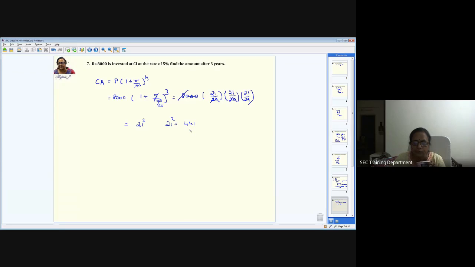So 441 into 21 when you do it, I'll just give you the shortcut for multiplying also. Maybe you can learn this if I had taught this in the class. Cross method. What you do here is multiply directly. I'm just doing it once, maybe later I'll explain how to do this. 1 into 1 is 1. And then 2 cross multiplication and adding. That is 4 into 1 is 4, 2 into 1 is 2. So 4 plus 2, 6.